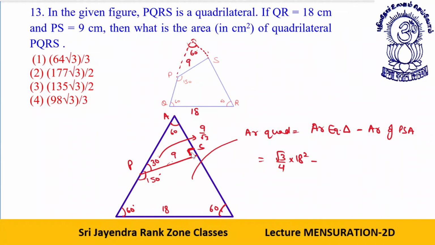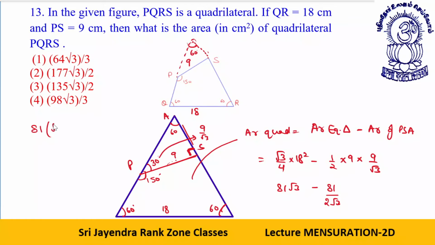Now this is a right triangle. This is base, this is height. So half into base into height. Dear students, I have discussed this thing with you in great detail. If the side in front of 60 degree is, suppose, x, then the side in front of 30 degree is x upon root 3. So now where do you reach, my dear students? 4 cancels with 18 square to give you 9 square, that is 81 root 3, minus 81 by 2 root 3. Now if I start solving it here, I take 81 common.